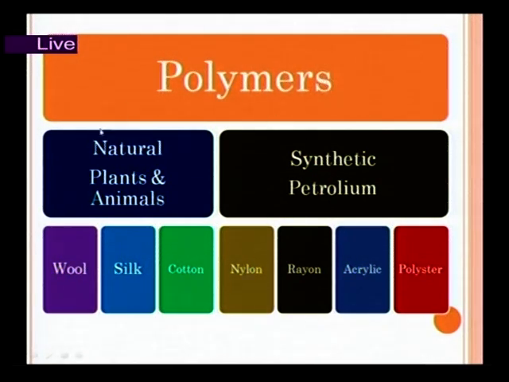Natural polymers are obtained from plants and animals, and synthetic polymers are obtained from petrochemicals. Examples of natural polymers are wool, silk, cotton. Examples of synthetic polymers are nylon, rayon, acrylic, polyester. Okay friends, have you understood about polymers? Next,